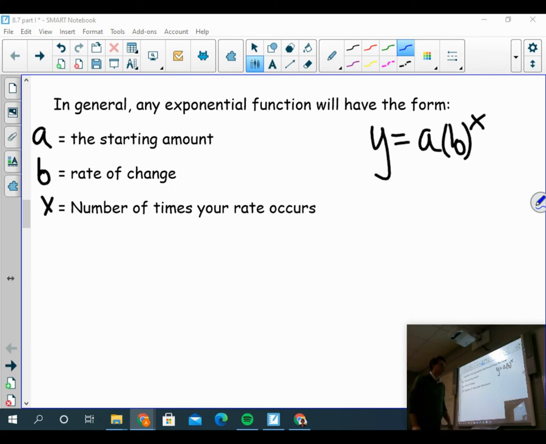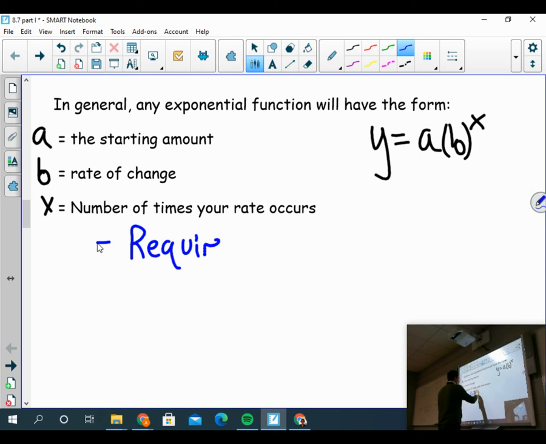Okay, and any exponential function will be in some form or another of this. Okay, y equals a times b to the x. But I think in the part one video, I did not touch on some of the base requirements, so I wanted to make sure that these were understood. So what are some requirements that we have for a function to be considered an exponential function or an exponential equation? Well, obviously they have to be in the form y equals a times b to the x, but